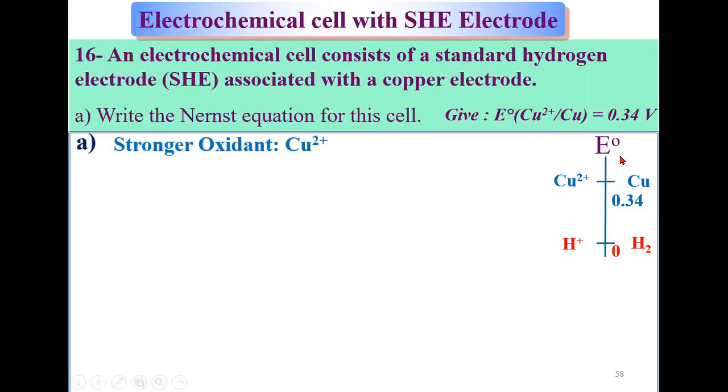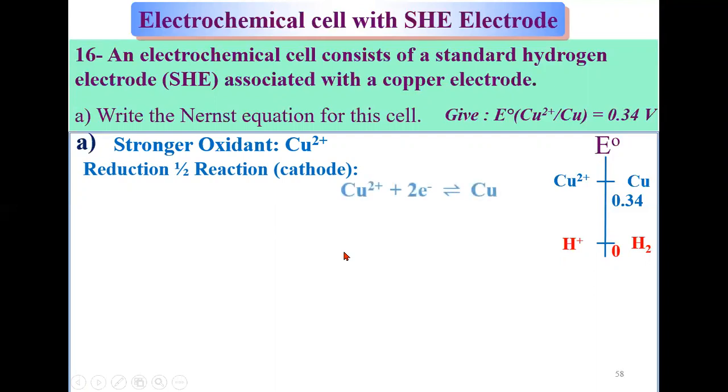Now, at the moment, with the E naught values, my copper 2+ is my strongest oxidant, and thus the reduction half reaction is for the copper couple, and my reaction becomes copper 2+ plus 2 electrons goes to copper. The reductants are on my right hand side, and the stronger reductant is my hydrogen, and so the couple H+ hydrogen will undergo oxidation